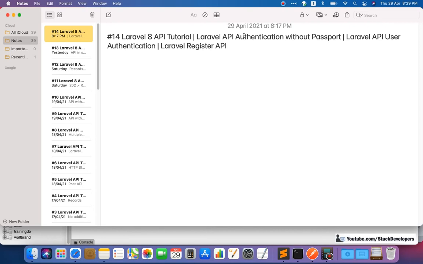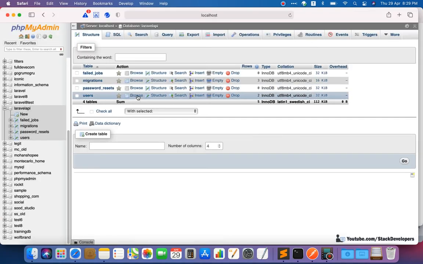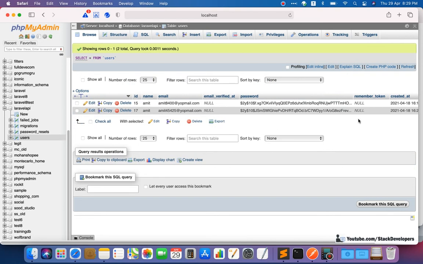In this video we are going to work on the Laravel register API, in which we are going to register the user with name, email and password, along with an authorization token. We will save that token in our users table for every user. So I am going to add one column in this video. After remember_token, I will add an api_token column, in which we are going to store the token for every user.